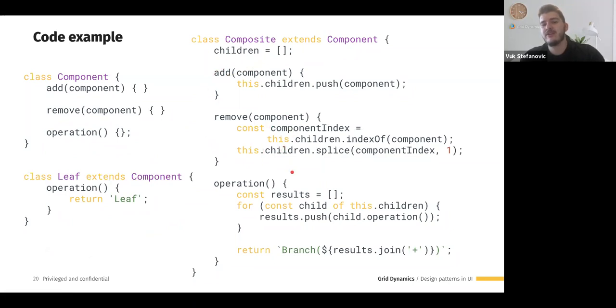But also what's most important is that inside of its operation method, what it actually does is loop through all of its children and perform operations on its children. And then it uses that as a result for its own operation. So as you might guess, this is really important when we are traversing tree-like structures. For instance, if you think about